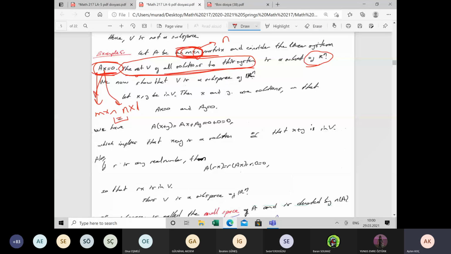So our space is Rn, and V is a set that contains all solutions. We claim that V is a subspace of Rn. Let's prove this. Take the homogeneous system AX equals 0, where A is an n by n matrix. Consider this system. We claim that